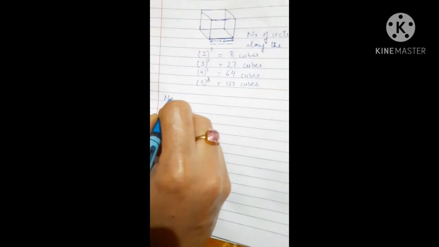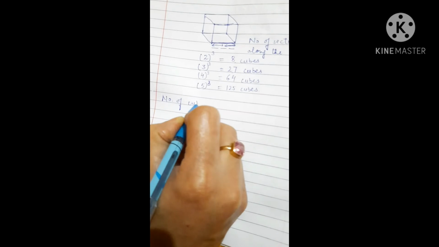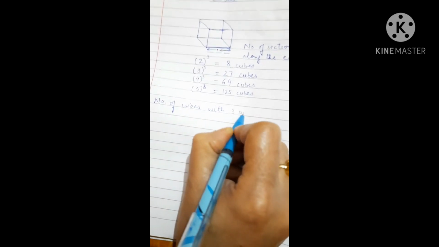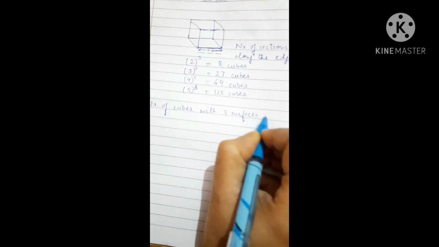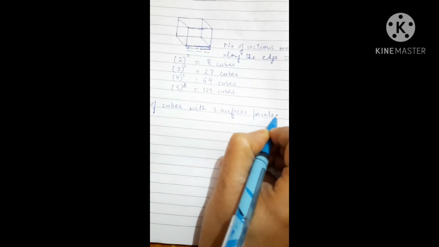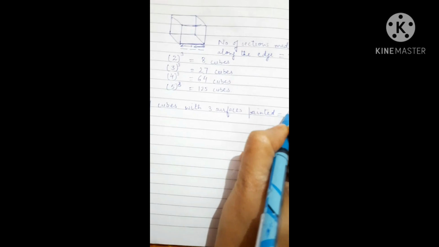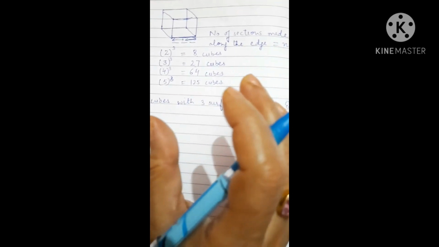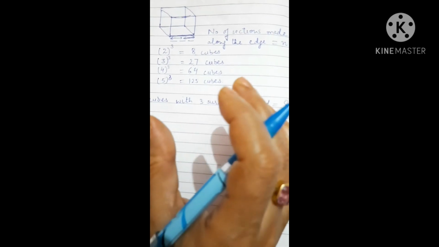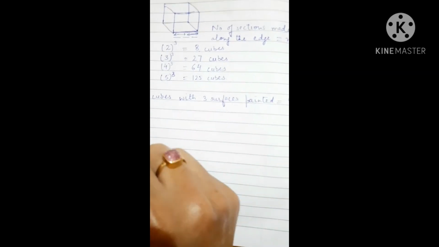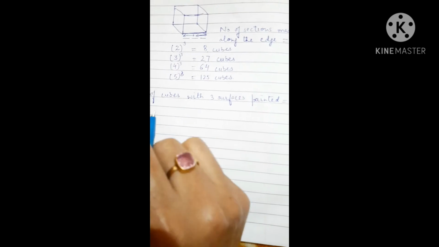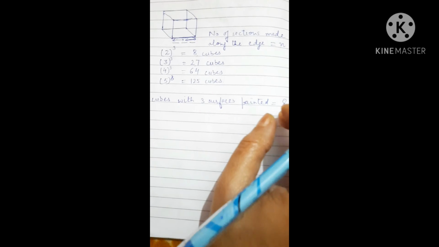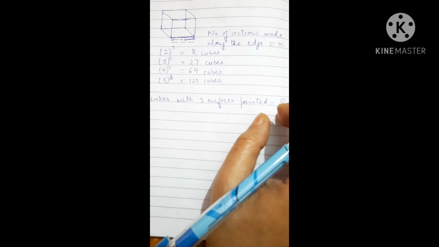Like if we have to find how many cubes can be cut, the number of cubes which have 3 surfaces painted, it is always fixed. It will always be 8. Whenever it is asked how many smaller cubes will be there whose 3 surfaces are painted and which are cut from the larger cube, your answer is always the same. It is 8 because it depends upon the number of corners or number of vertices.